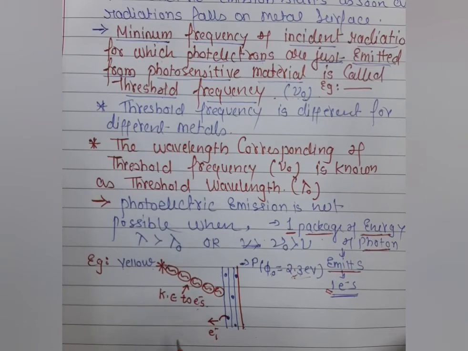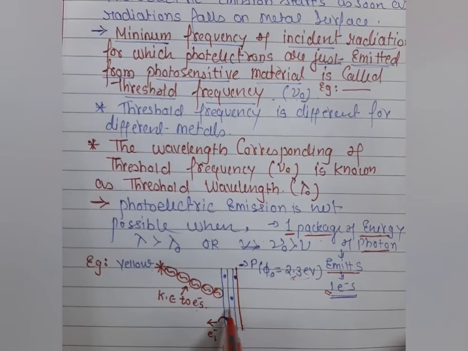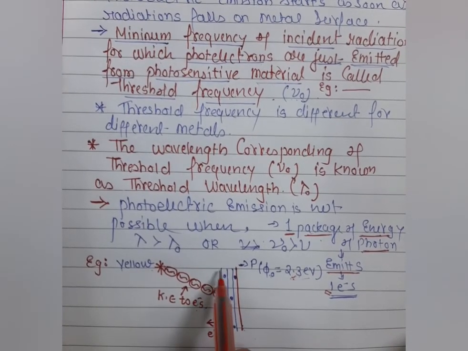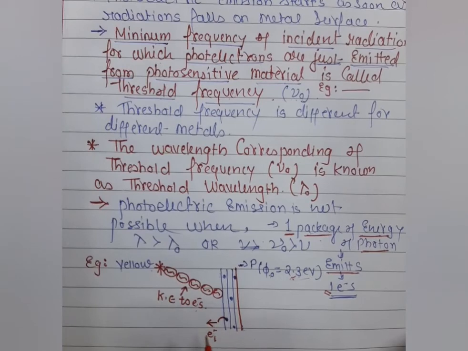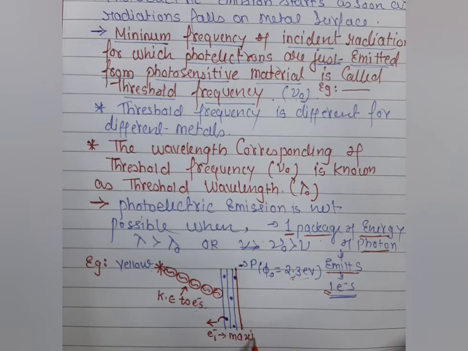Then what happens next, friend? The same energy is delivered to electrons in all layers. As you know very well, light is scattered, so it can reach all layers. But what happens in the first layer? The electrons present on the outer side of the layer are just emitted, and because of that this electron has maximum kinetic energy. Yes student, this electron has maximum kinetic energy.